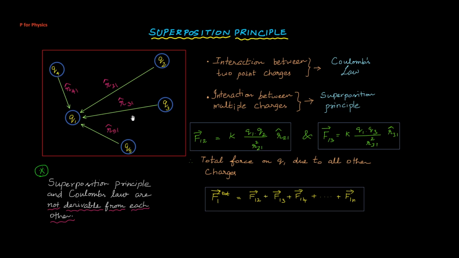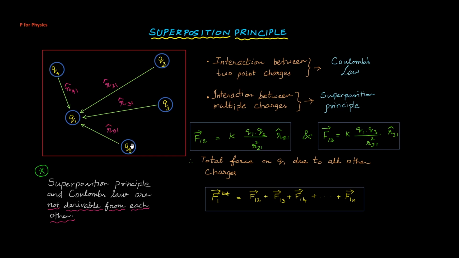So if we want to find what kind of force Q1 is going to experience because of the other charges surrounding it, the superposition principle becomes so handy. And if I want to find the complete value of it, I have to break it down, because it's a complex scenario other than the two point charges that we dealt with in Coulomb's law. But here, if we want to break it down, we can break it down like this.